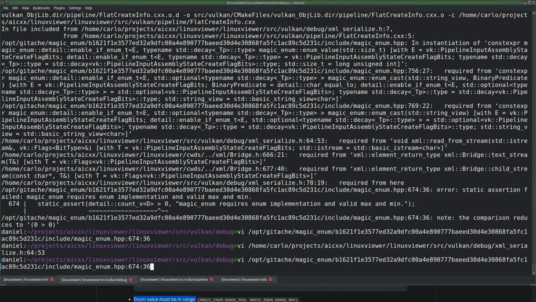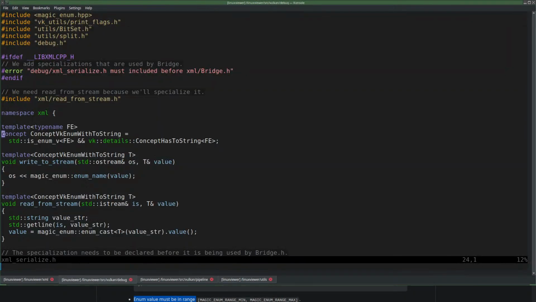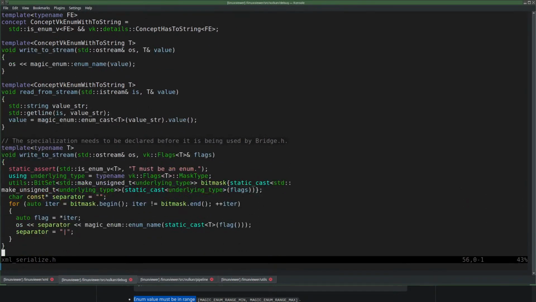I thought I could do this with Magic Enum, but then after a few hours working, turns out that Magic Enum cannot do it. Okay, bye-bye.